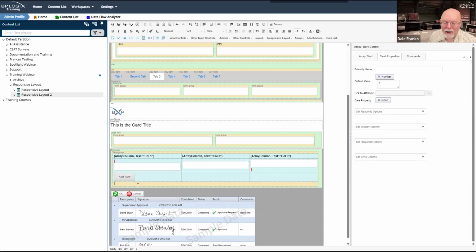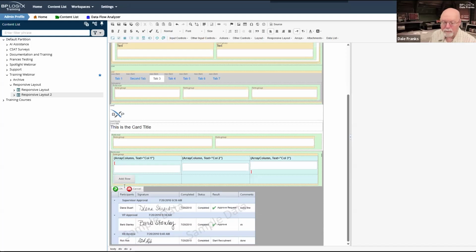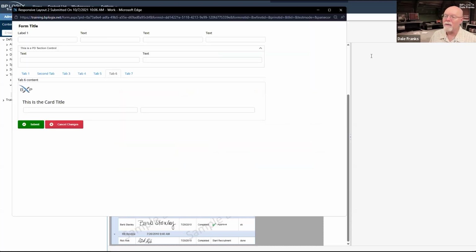And I've got this extra row down here. I want to backspace out of that. I've got this extra row in the container, which I also want to backspace out of. And now that I have done that, everything should look nice. We'll hit Control S, and there is my form.